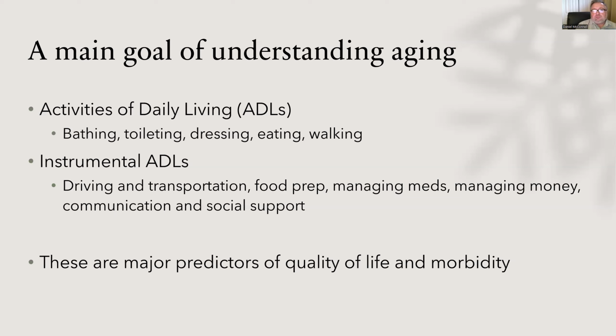These are things that people expect to be able to do for themselves and to have a sense of independence, functional independence. We all feel that we should be able to do these things for ourselves. But quite unfortunately, for many people as they get older, they simply cannot do these things for themselves anymore, and they may need assistance. We need to understand the factors that influence this. How can we predict it? How can we maybe delay the onset of these kinds of concerns? Can we restore some of it, right? What kinds of physical or occupational therapy maybe can be done to restore some of these ADLs?